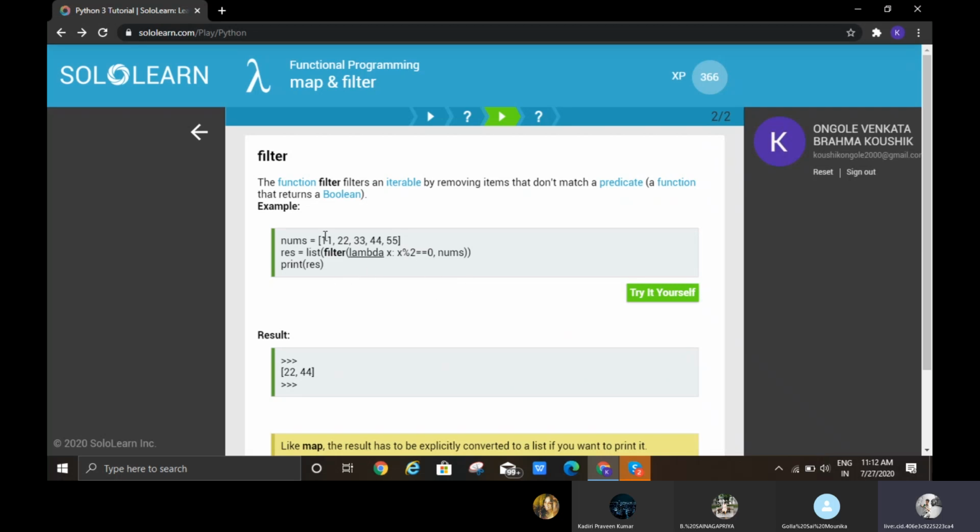It filters 11: 11 % 2 doesn't equal 0, so it doesn't print here. Only 22 and 44 are the numbers which give 0 when divided by 2. It will filter the given nums as per the given condition.